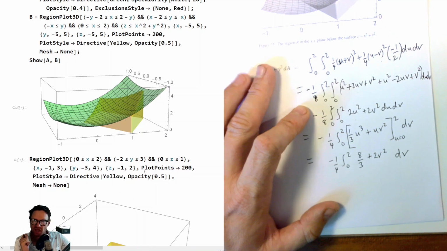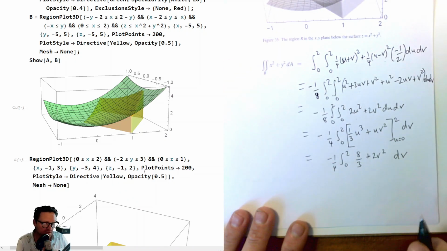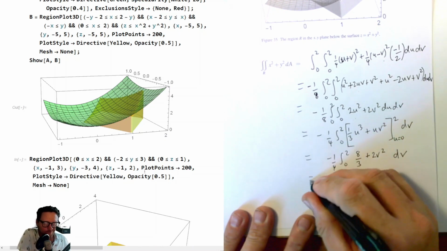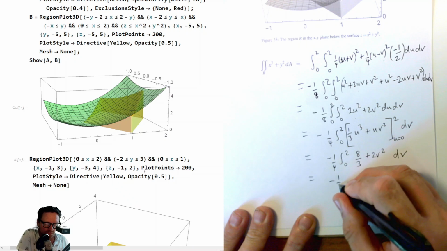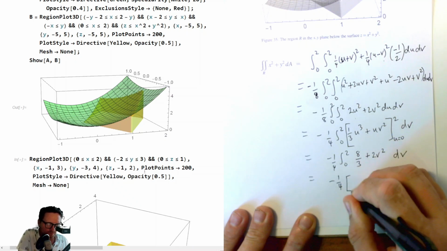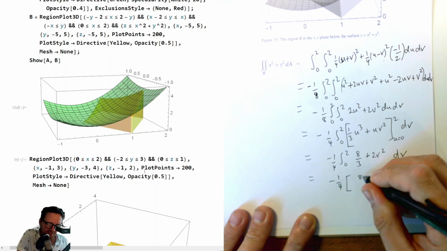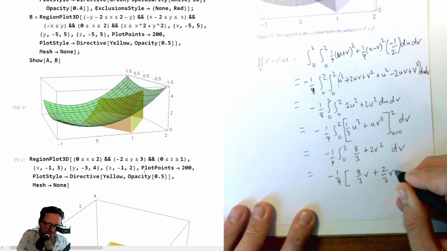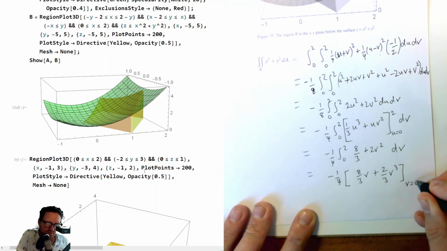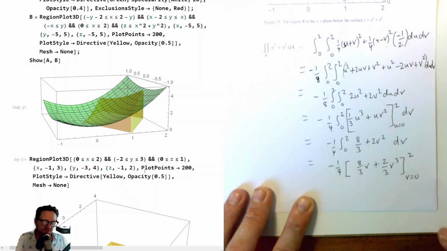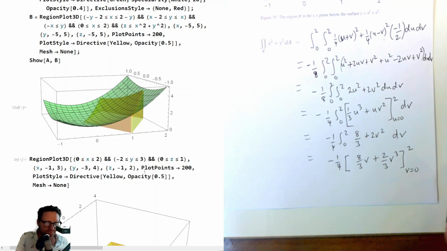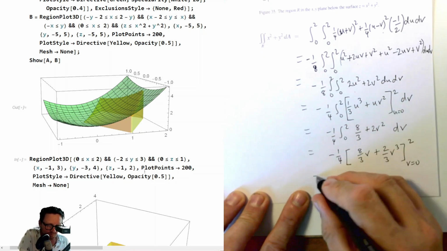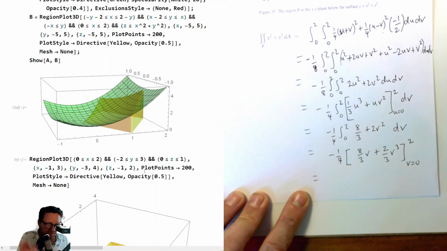I'm just checking to make sure I haven't made any mistakes. Okay, this looks fine to me. So now we need to integrate this with respect to v. So we've got 8/3 v plus 2/3 v cubed, 0 to 2. Okay, it looks like we can pull out a 1/3. Subbing in the 2 for v,